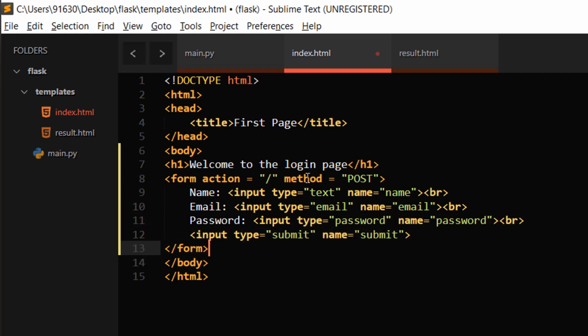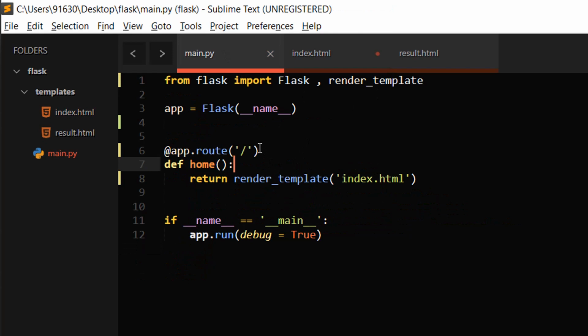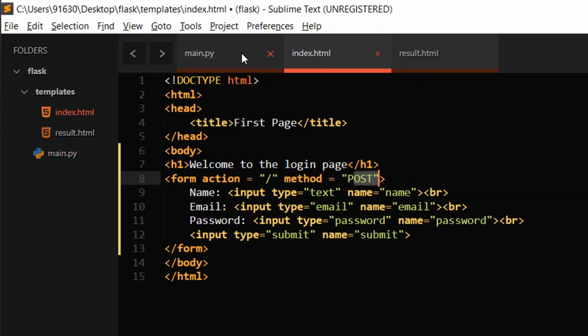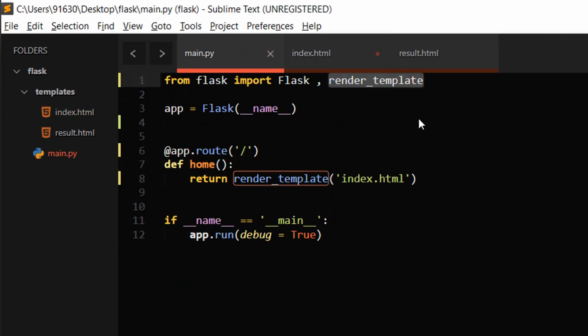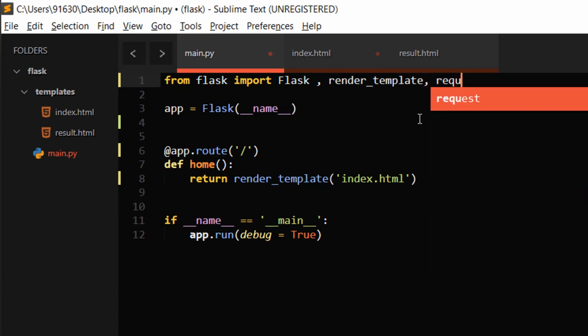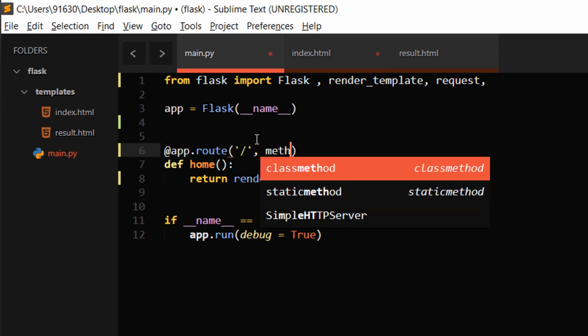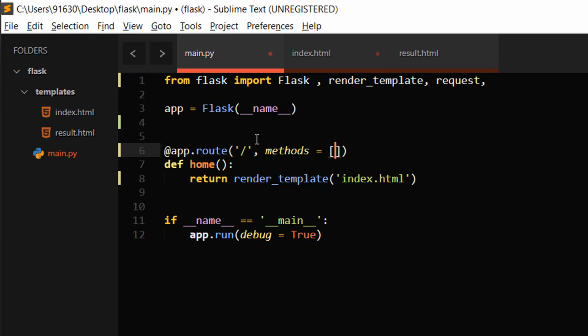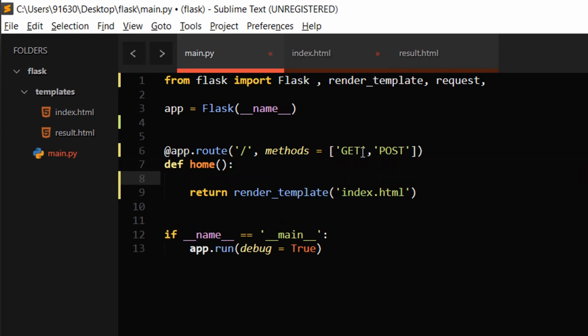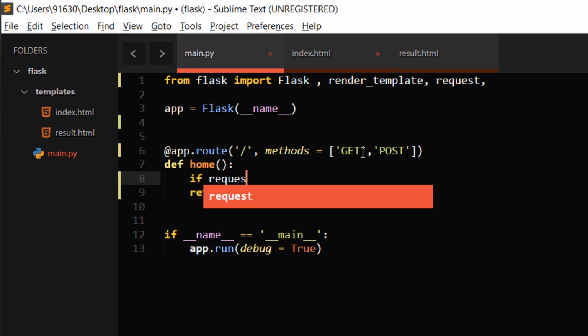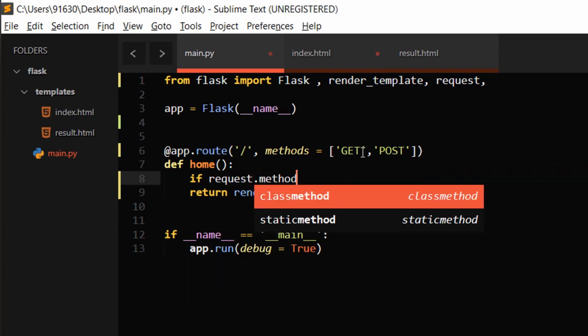From here we have to grab the values. Here the method is equal to post. Let me import request here. Let me declare the methods available in Flask: methods is equal to get, post. So if request dot method is equal to post,